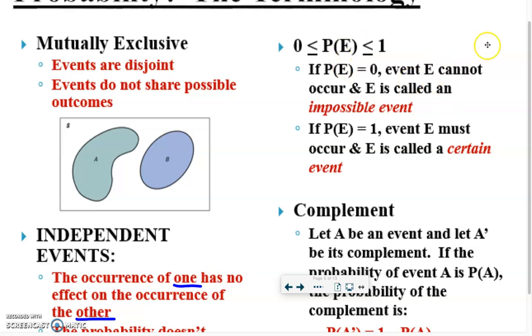Again, when we're talking about probability, we've already hit on the fact that we're talking about percentages. Probabilities have to be between 0 and 1. You could have a 0% chance of something happening. It'd be like if we had you all put your names in a hat and say, okay, what's the probability that I draw a freshman's name? 0%. None of you guys are freshmen. Okay. We could have a certain